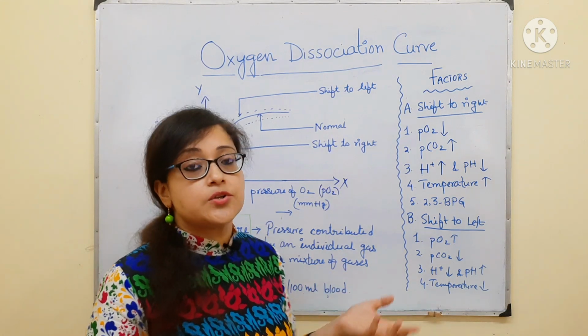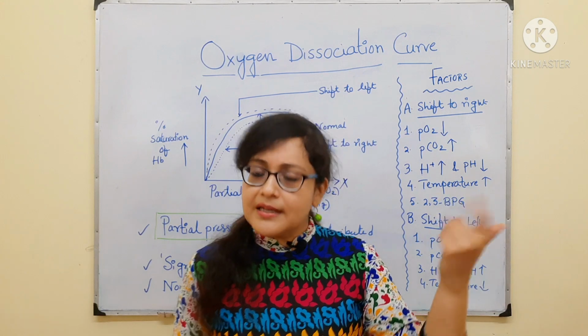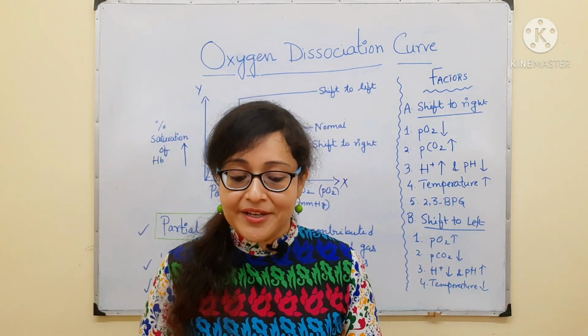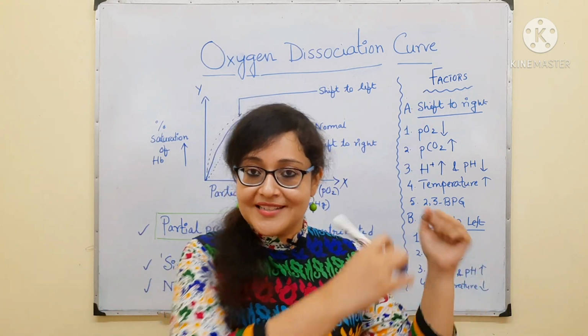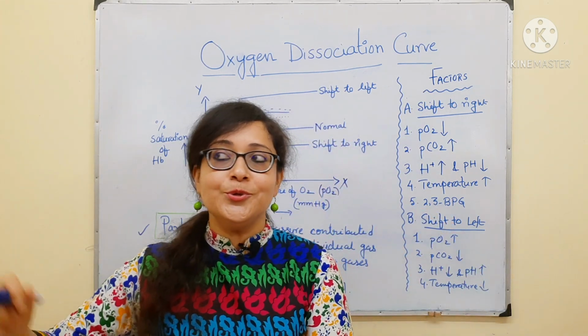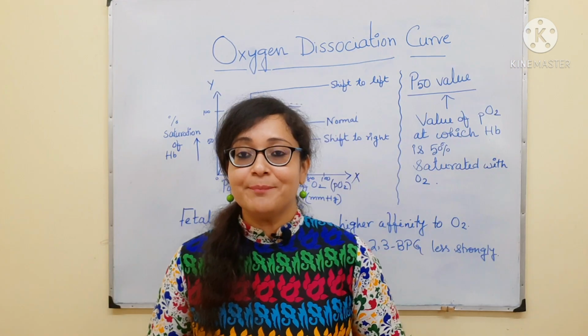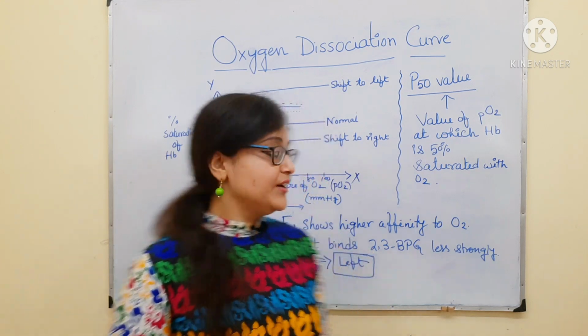Okay, and the association of oxygen to hemoglobin is required where? In the lungs, right? Because in the lungs is the region where oxygen gets attached to the hemoglobin so that it can be carried out to its destination. Okay, as part of this session, two more things are left.